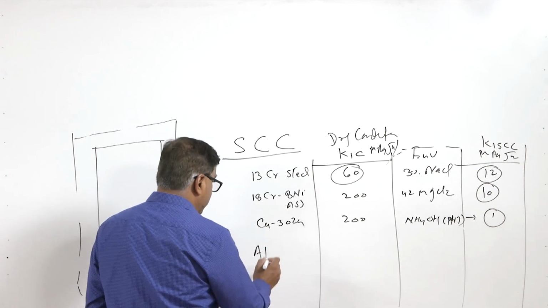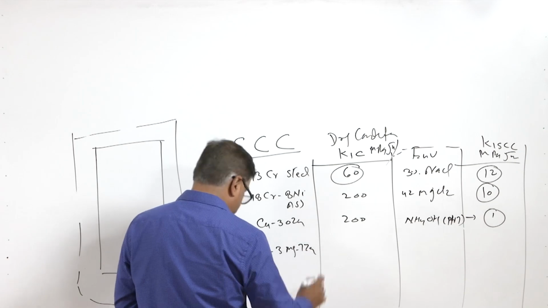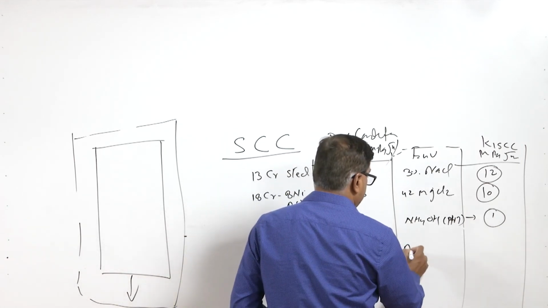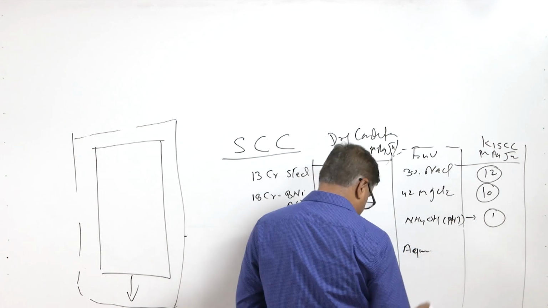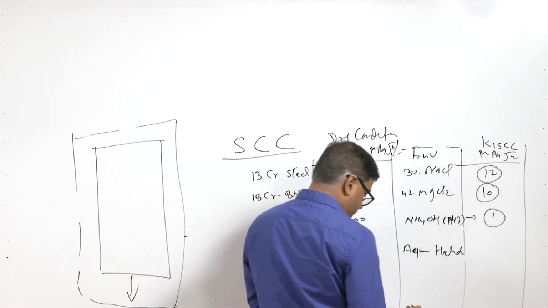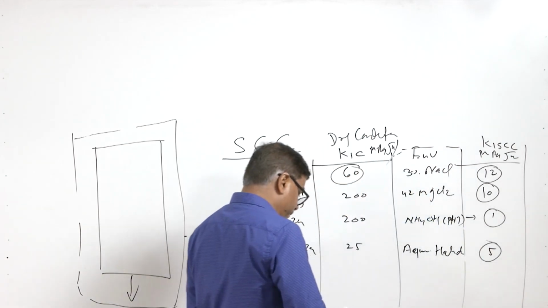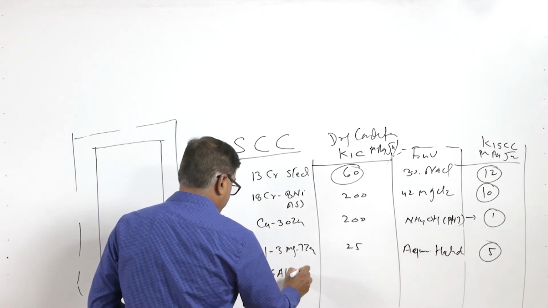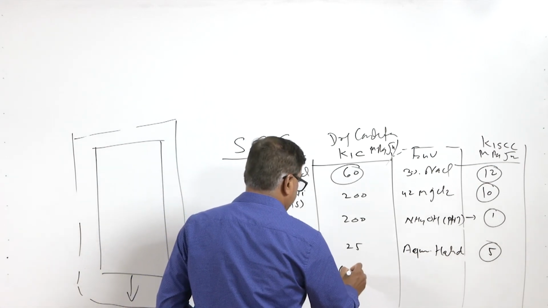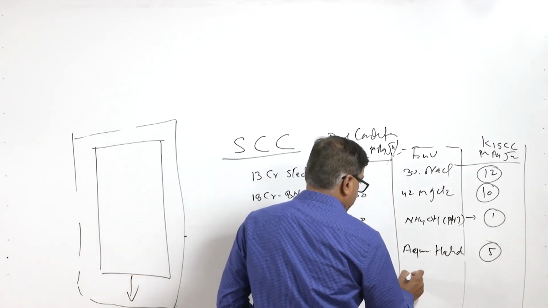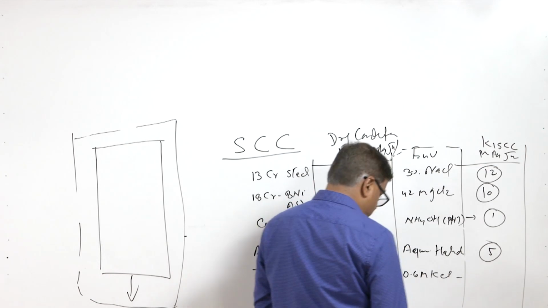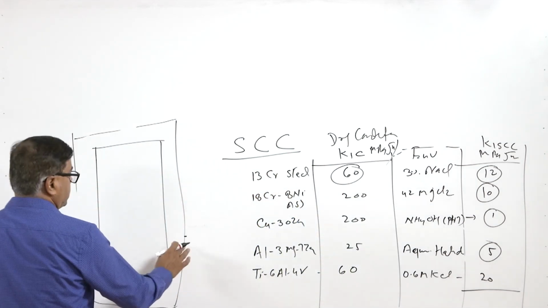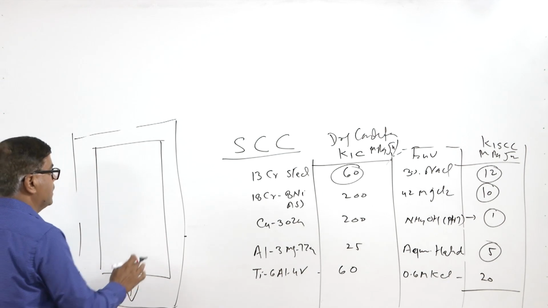Then we have aluminum 3% Mg7 zinc, an aluminum zinc magnesium alloy, which offers a fracture toughness of 25 under dry conditions. In an aqueous environment, with aqueous halides, it is reduced to a fracture toughness value of 5, while Ti6Al4V, which offers a fracture toughness of 60 under ambient conditions, reduces by 1/3 in the 0.6 M KCl environment. So, we know that if the product is subjected to corrosion conditions, especially under tensile stresses, then the